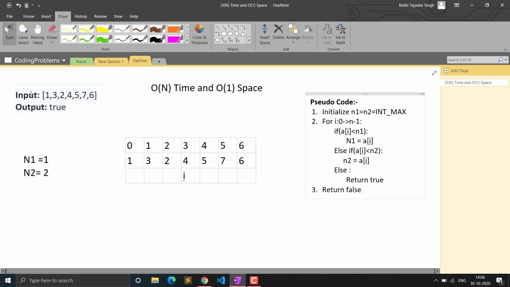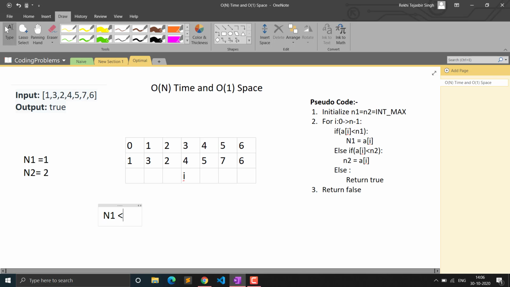If we have got the first element and the second element, and they are not larger than the third element, that means the third element satisfies the condition that we have to satisfy. So the condition is fulfilled, and we will simply return true. That means we have found the element. You can see we are at the third index, and the value is 4.